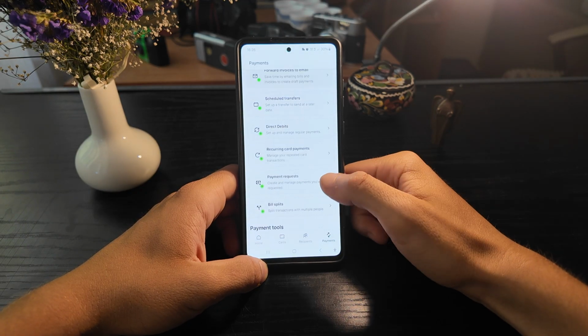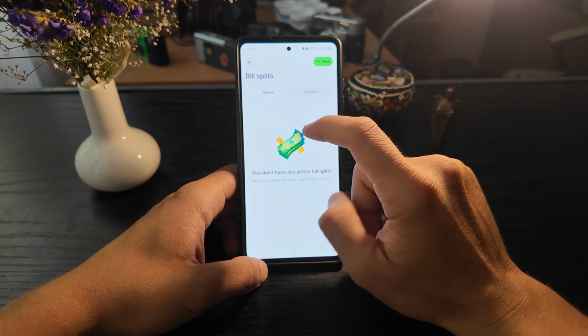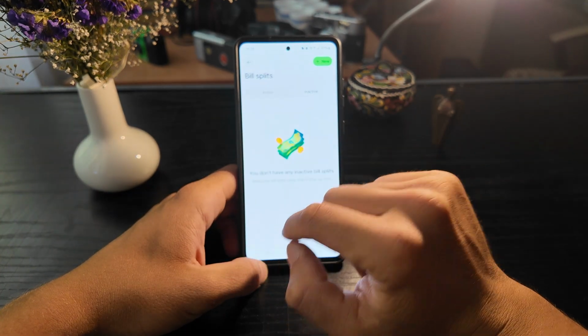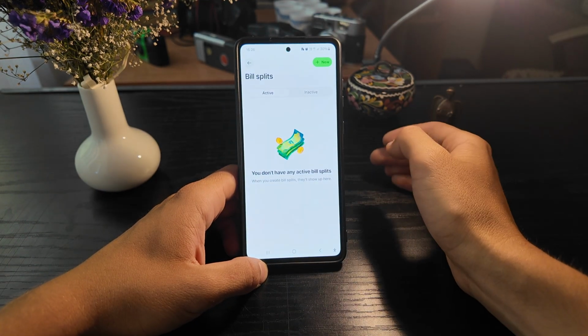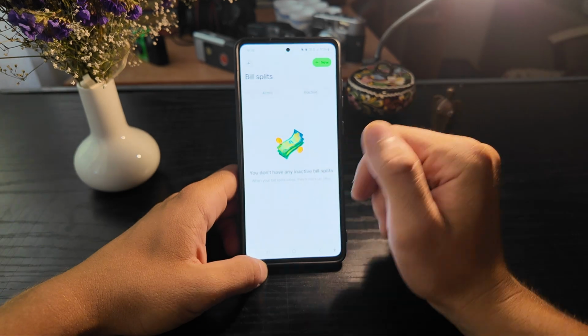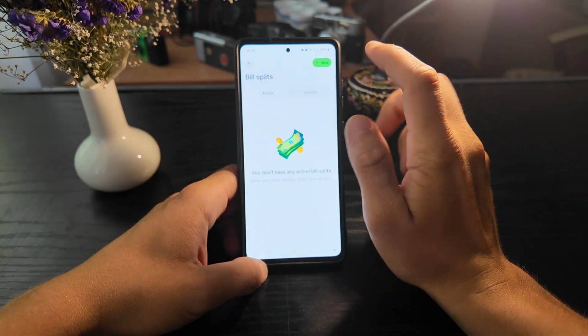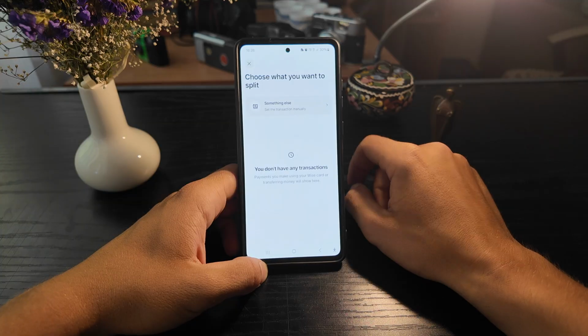Now you scroll down until you find bill splits, tap on it, and here you will find your active and your inactive bill splits. Active meaning that it's still ongoing, so unpaid by the others, and inactive is the finished bill split. If you want to create a new one, you just tap on new in the top right corner,